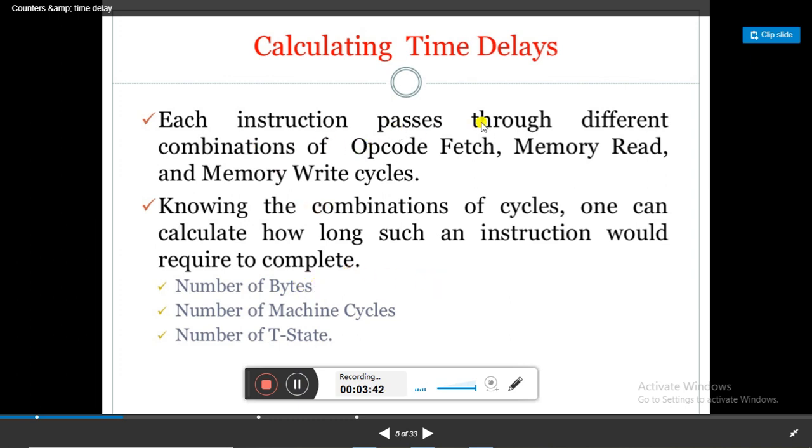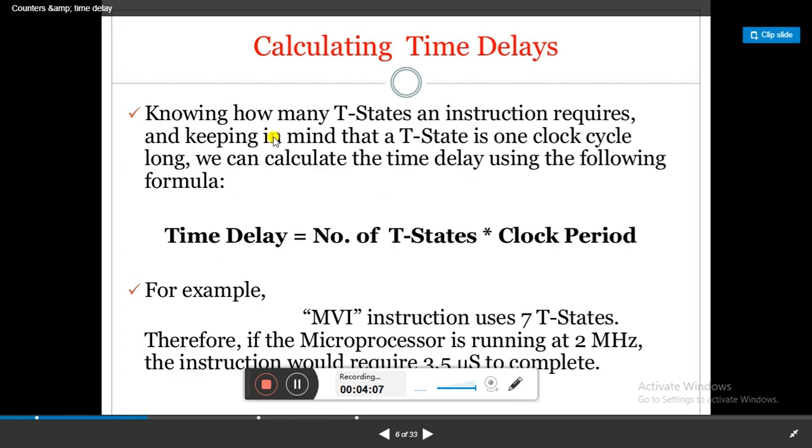Each instruction passes through a different combination of opcode fetch, memory read, and memory write cycles. Knowing the combination of cycles, that is T-states, one can calculate how long an instruction would require to complete. That is number of bytes, number of machine cycles, and number of T-states.